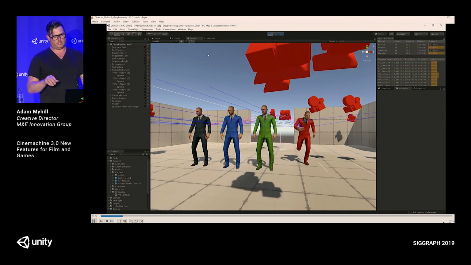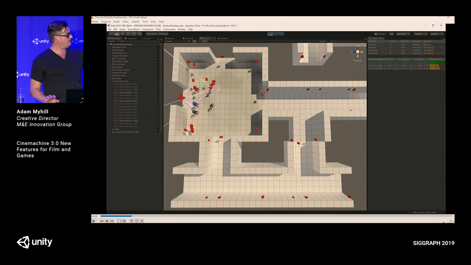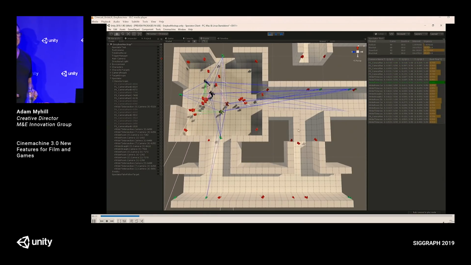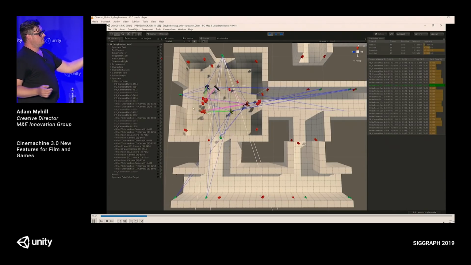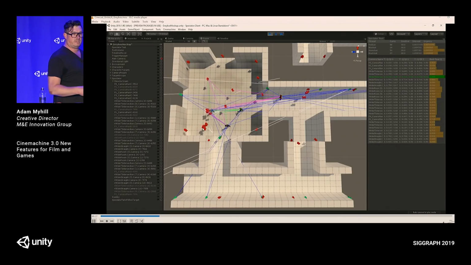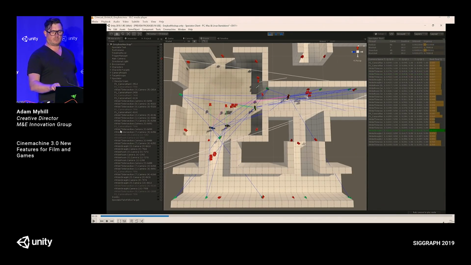Programmer art. 4 dudes. They're running around. In the world, there's 2 layers of cameras. The red ones on the walls, just cameras stuck to the walls. 4 virtual cameramen following each player. And they're the red guys which follow these 4 dudes around. The blue lines are raycasts. What can I see? Can I see player 1? Can I see player 2? Each camera is doing a raycast to see if it can see something in the scene. If it can see it, we put it to the right.